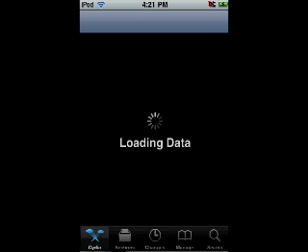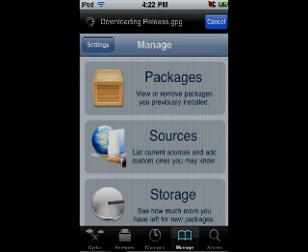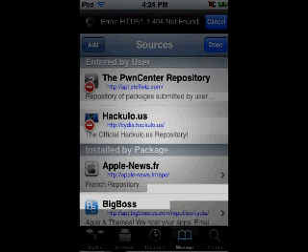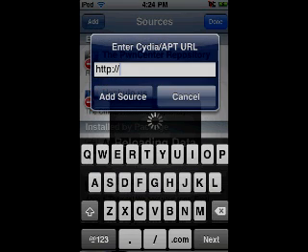Now I'm also going to show you how to get free applications on your iPod Touch. Right, now when it's loaded the data, which shouldn't take too much longer. Okay, now we're going to go to manage and then to sources. Okay, and we're going to go to edit, and then it will come up with a new button that says add. Now it's going to pop up with Enter Cydia APT URL. Now you're going to leave the HTTP and type in